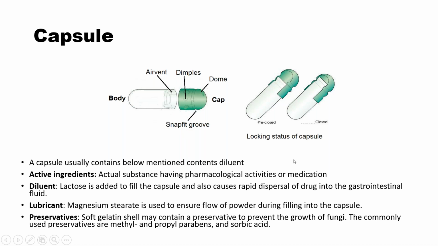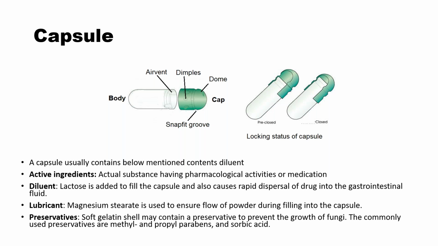They usually have the active ingredient, which is the actual substance having the pharmacological activity. They may have a diluent. Sometimes lactose is added to fill the capsule, and it also causes rapid dispersal of the drug in the gastrointestinal fluid. They may have a lubricant in the form of magnesium stearate, which is used for ensuring the flow of the powder during filling. While